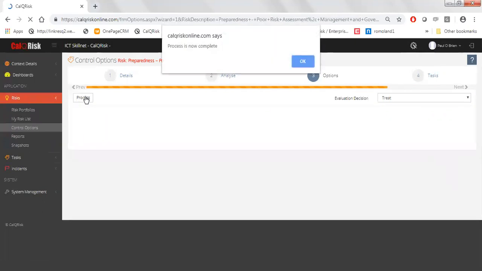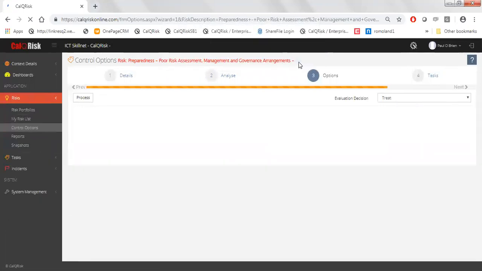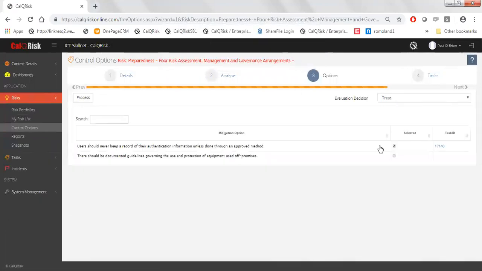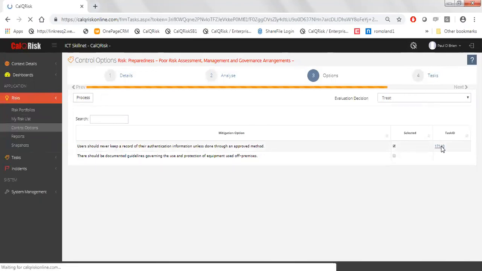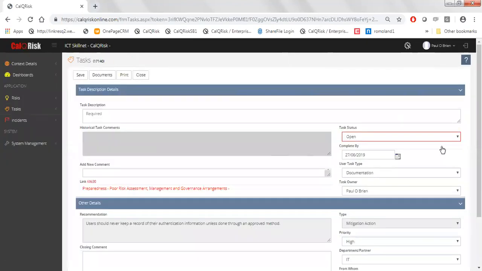And when I do that, I've been assigned a task ID. So the system has now given me a task ID, and it means I've moved across the top bar to the tasks piece. If I go into this and click on the task, I'm now presented with